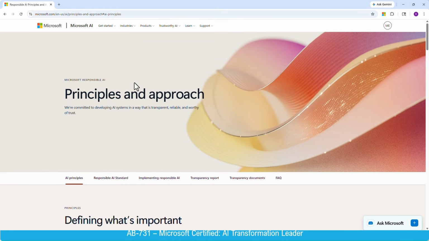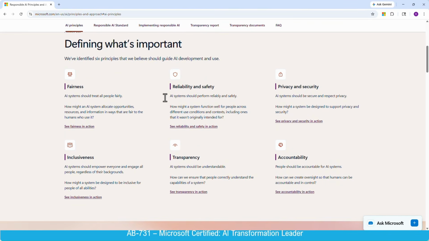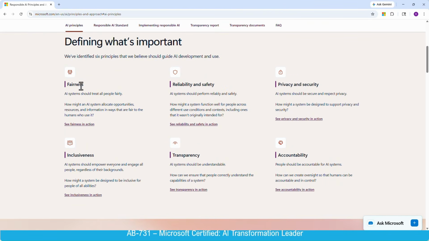See, these are the principles and approach defined by Microsoft responsible AI. And there are, if you see on the screen, 6 principles: fairness, reliability and safety, privacy and security, inclusiveness, transparency, and accountability. Now, if we take a look at the options,